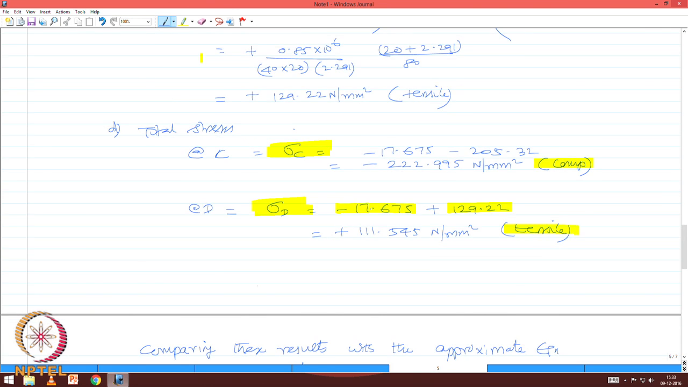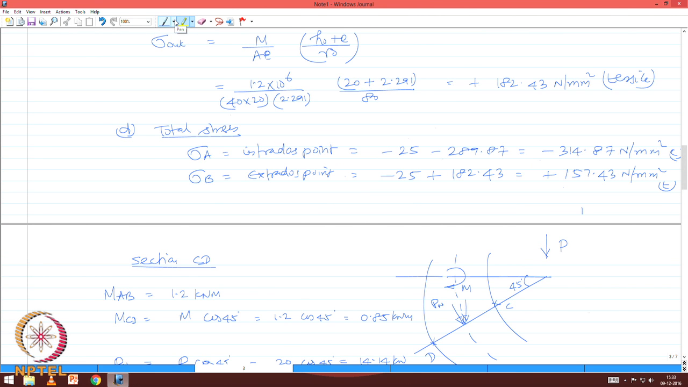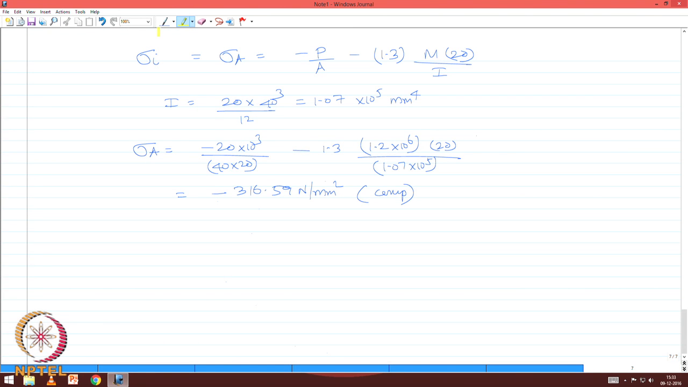Friends, let us compare this with the value we got for sigma A, which is 314. So, I can compare the actual value we got from the Winkler-Bach equation, which is minus 314.87 Newton per mm square. Similarly,